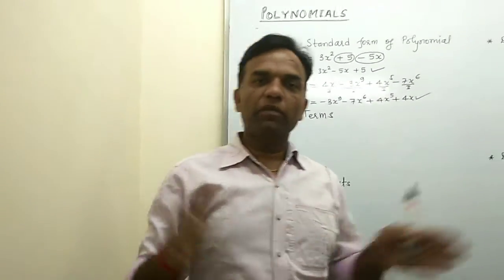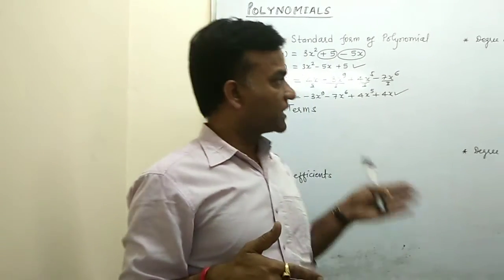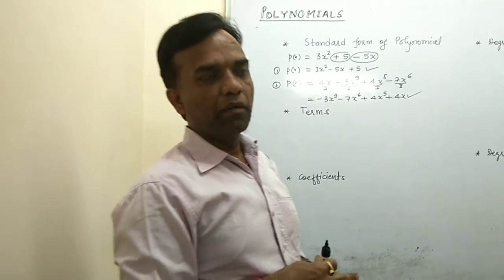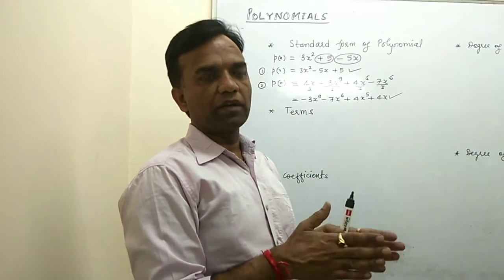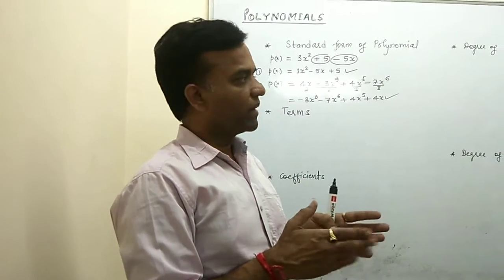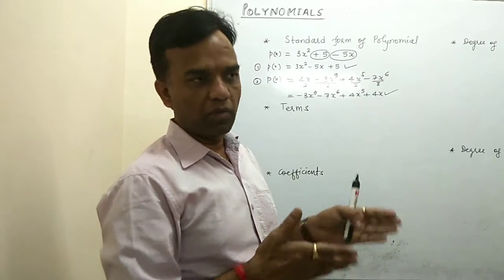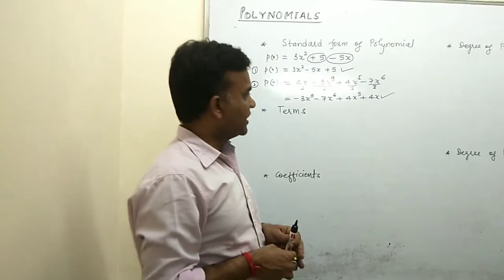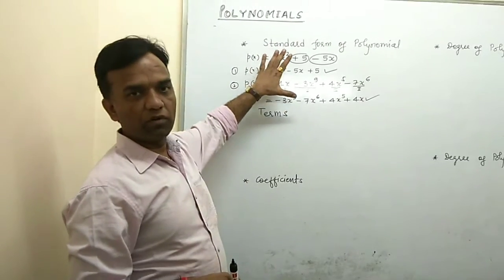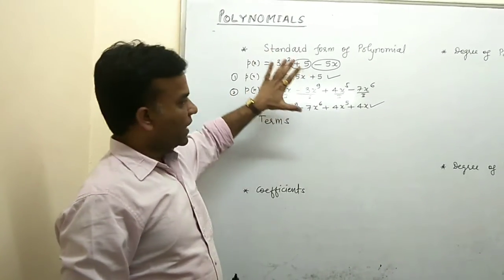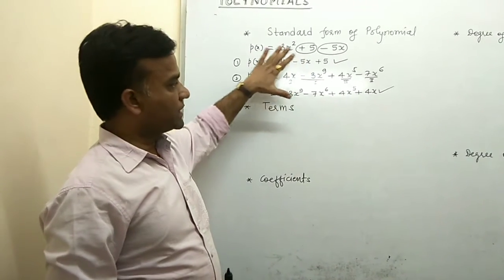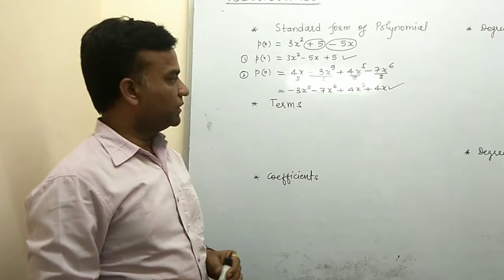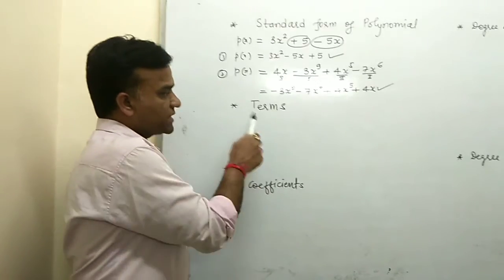Okay, so the first step for any type of polynomial that is given, because I have not explained the types of polynomial yet, but basically whichever polynomial is given, whether it includes a constant or has many variables, the first need is to convert your polynomial into the standard form. And now here we explained how you arrange your polynomial into the standard form. Okay, so now the second question is terms.